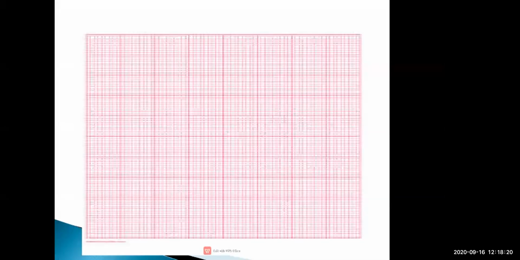Now you can see this picture. This picture is of a graph paper. Now in this graph paper only you people are going to do the graphing things. We will discuss later how you are going to do it. But first we will discuss this graph paper. Now you can see the bold line and the small line in the graph paper. There are bold lines and there are small lines also.